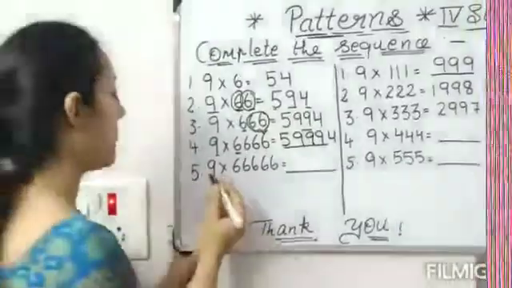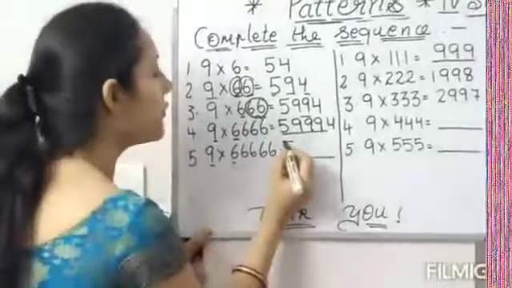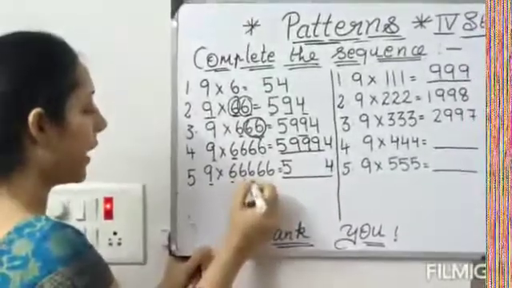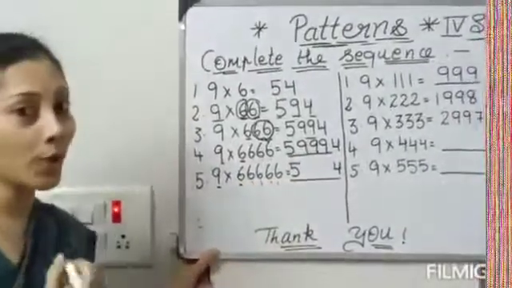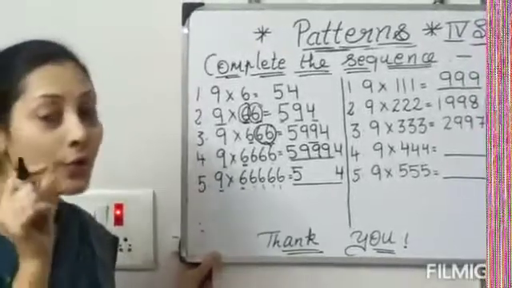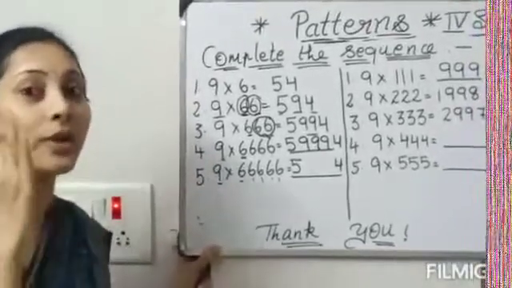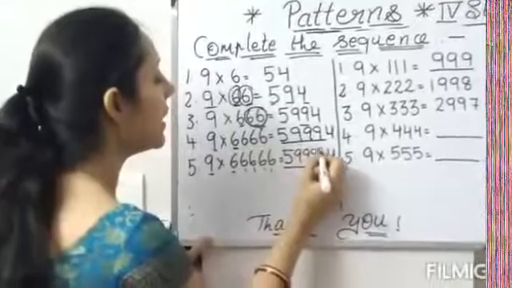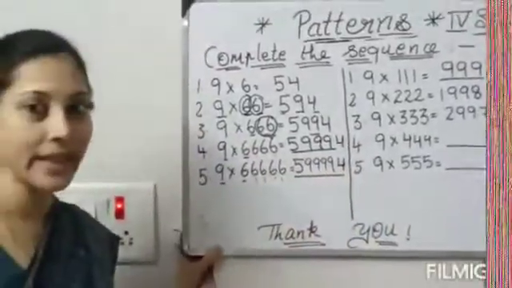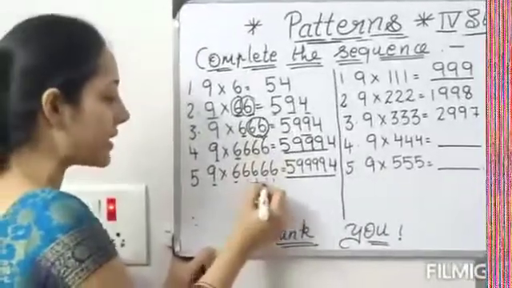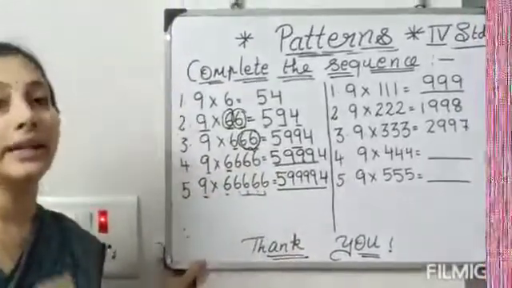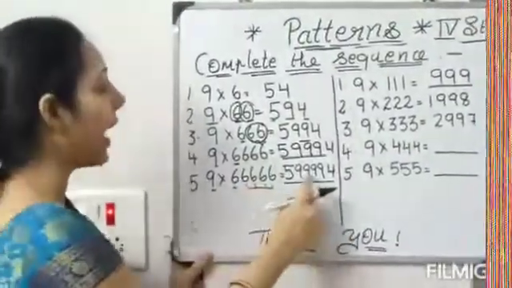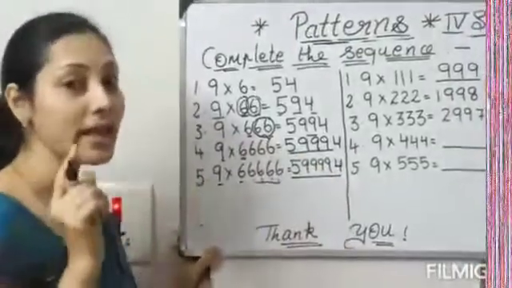So okay. One more. Again 9 6s are 54. Correct? How many 6s left over? 1, 2, 3, 4. So what you have to replace the 6 with? You have to replace the 6 with 4 9s. Correct, students? 1, 2, 3, 4. Is it easy? Just you have to replace the 6 with the 9. That's it. You have to count down how many 6s left over and place in this 6 as 9.